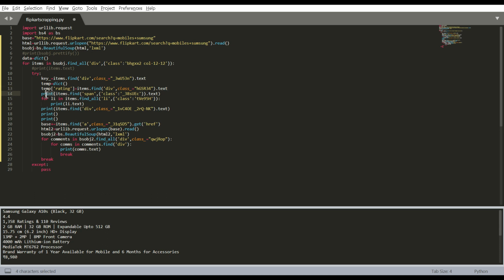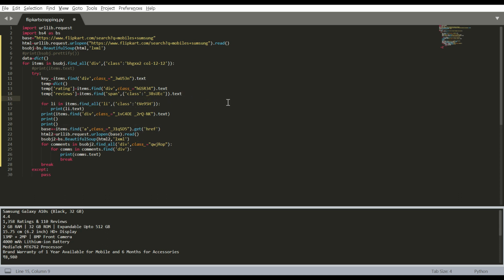Same thing, temp of reviews equals this. The next thing is the specification. So let's declare a specs list, and we'll be appending everything here.